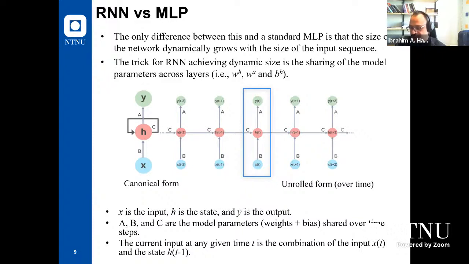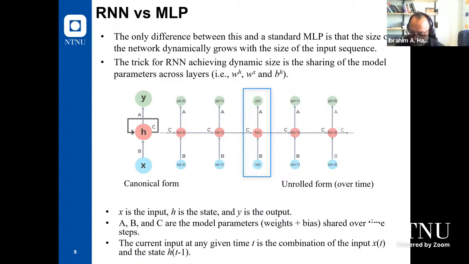Each time we have some input sequence, we train the model on one part, for example one section, and after that we go to the next section. Maybe you have some overlap, maybe you don't have an overlap. This is something you need to decide. The idea here is to share the model parameters between each time step, and in this case we can keep the model size static, or fixed,